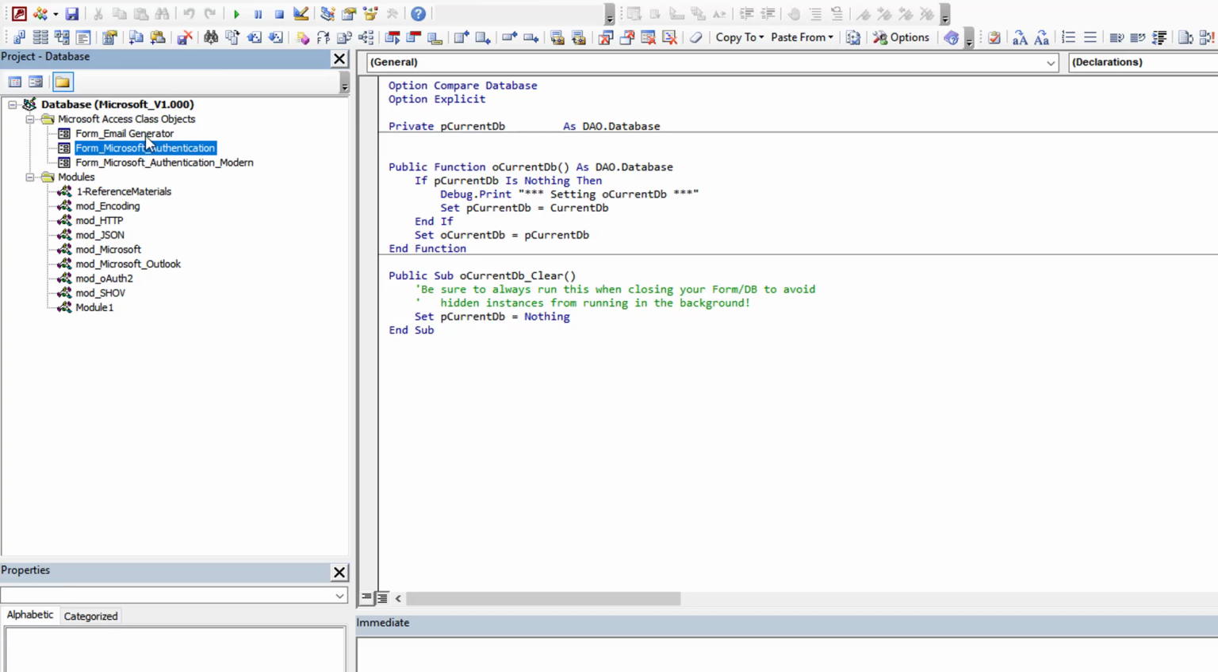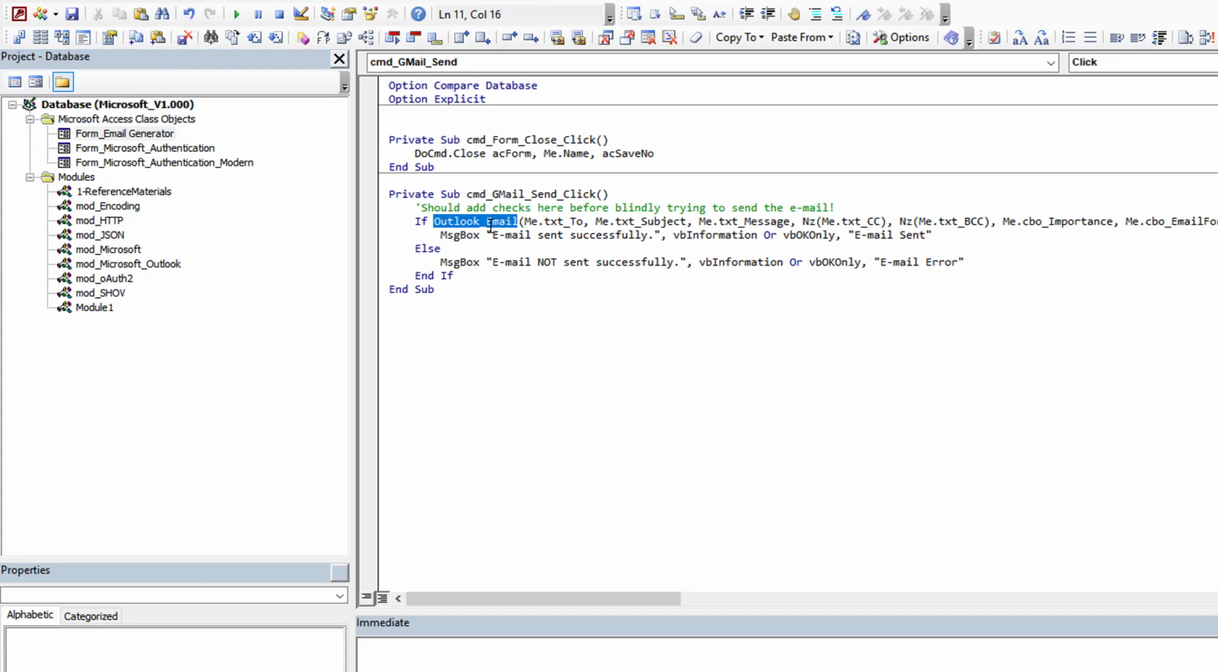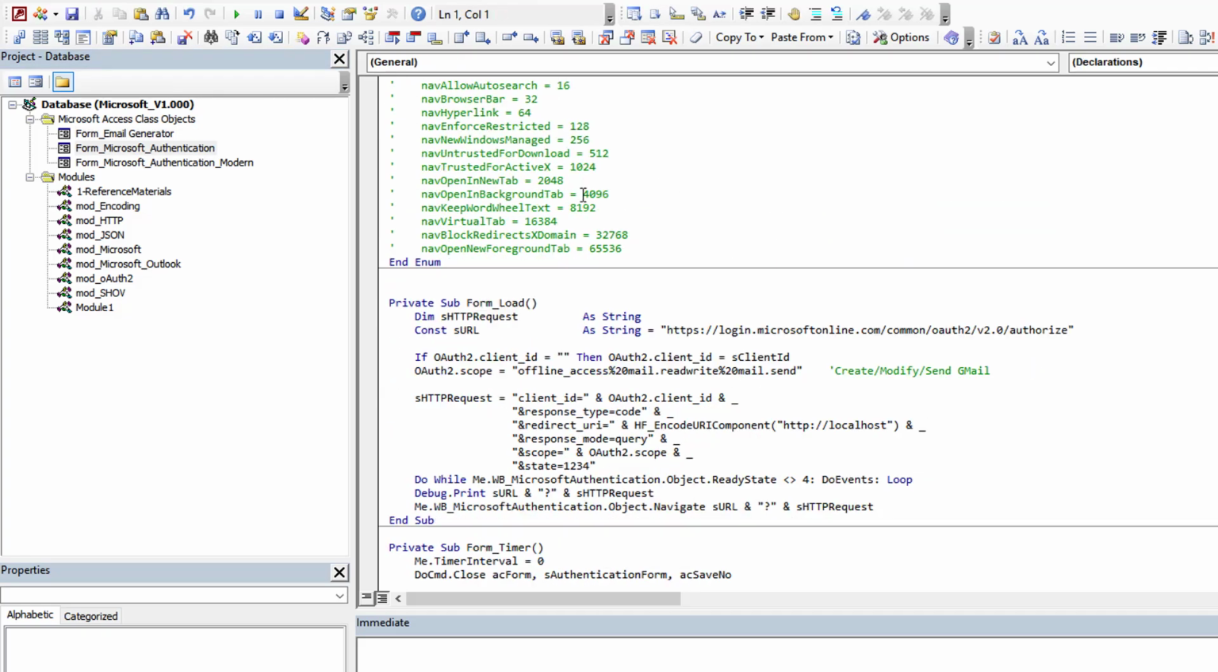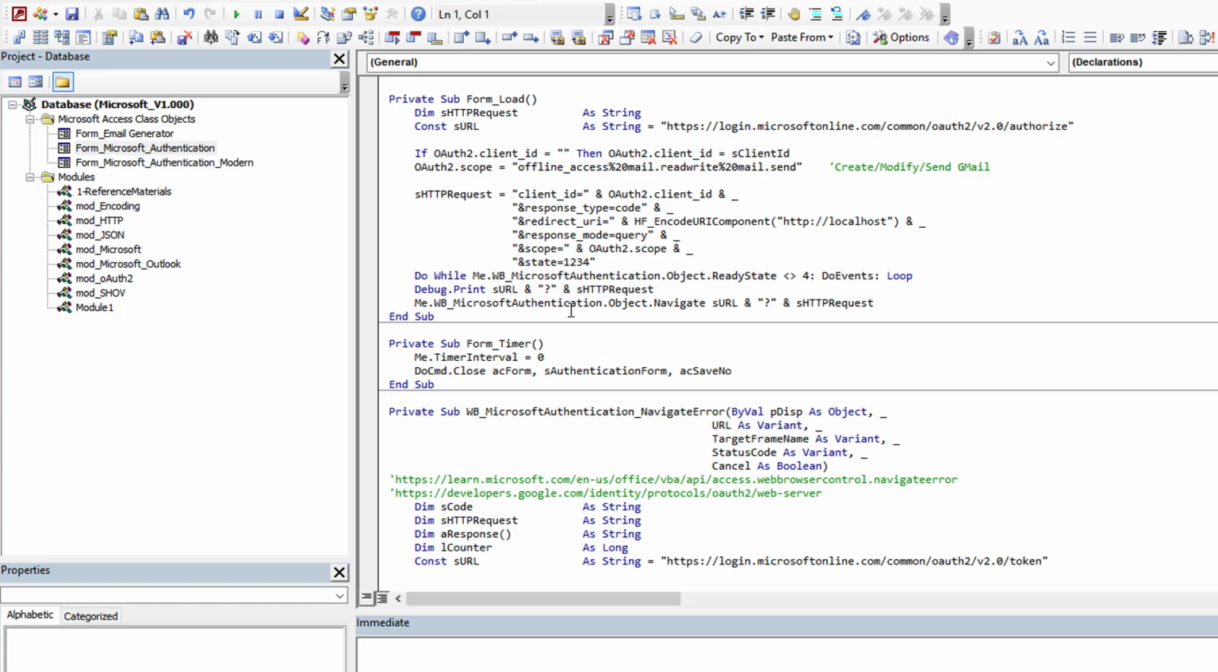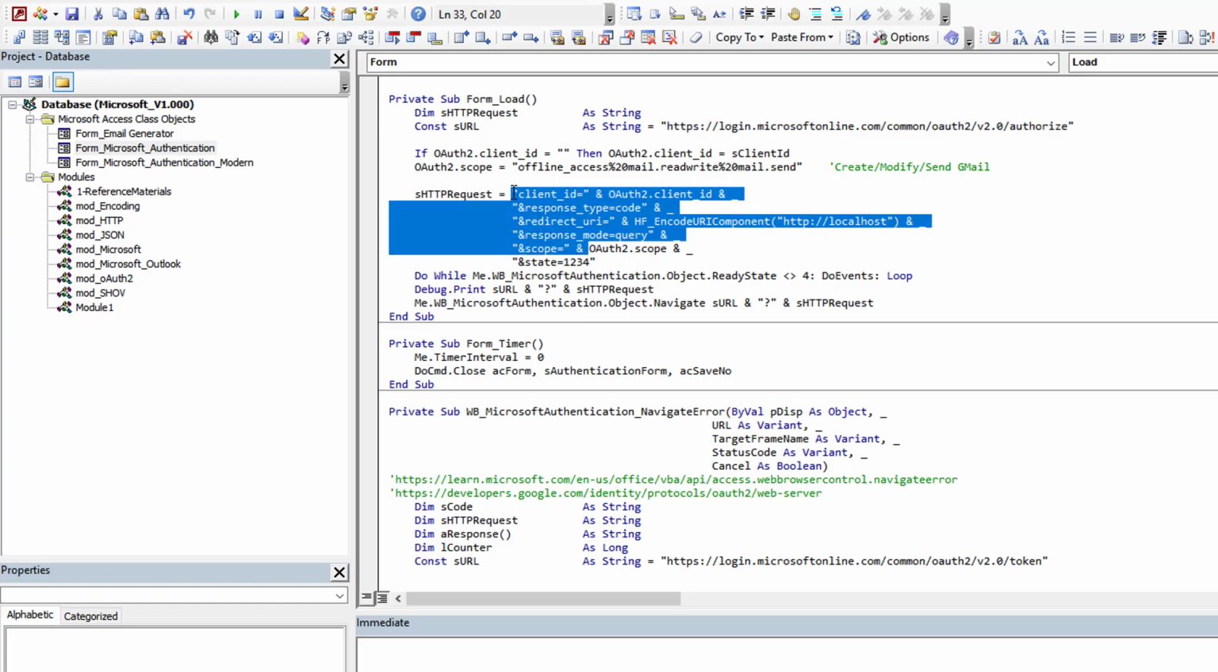The email generator is very simple. It simply calls that function that we saw here under Microsoft Outlook, and we pass it the information from our form. That's it. So the authentication itself is really straightforward. This is all just following the standard documentation, but we're going to go to this URL. We're going to navigate to this URL, and we're going to add on all this information to the URL. So we're going to add all these arguments